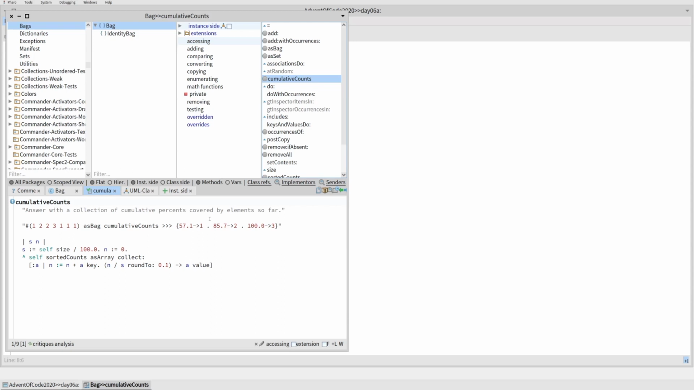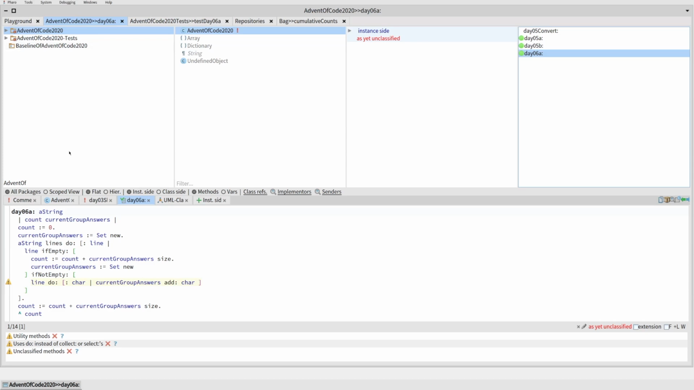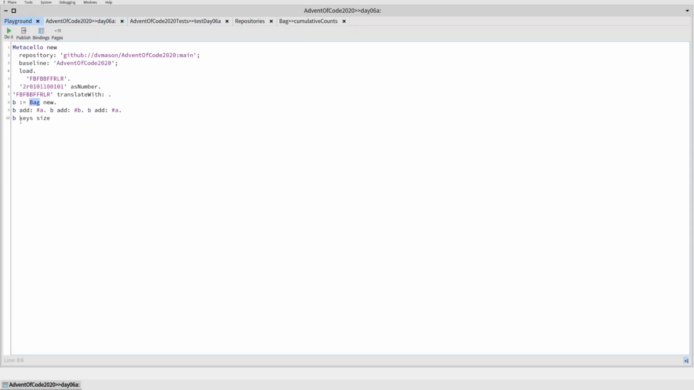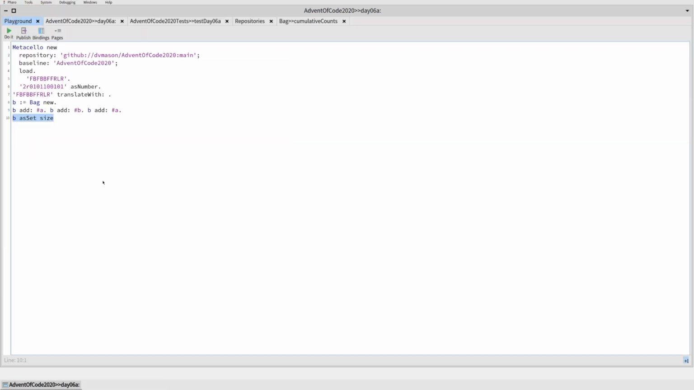That's not what we're interested in. Okay, as bag as set. So let's go back and try B as set. So as set will give us just the number of unique values. And so then we want to know how many of the values in it are equal to,